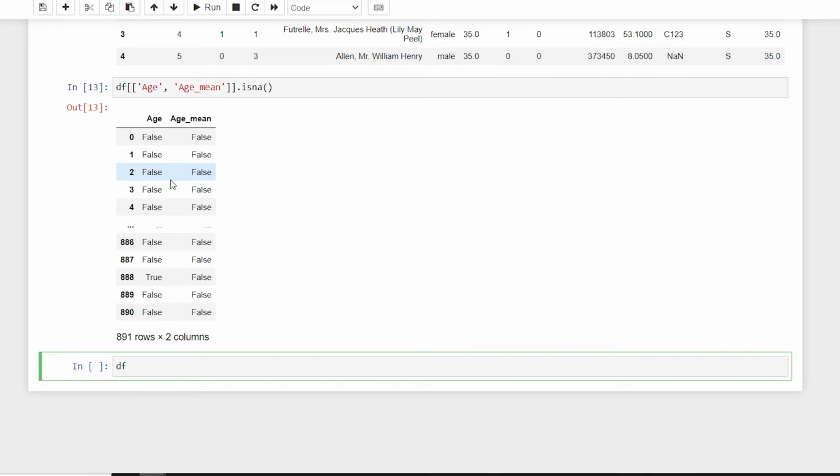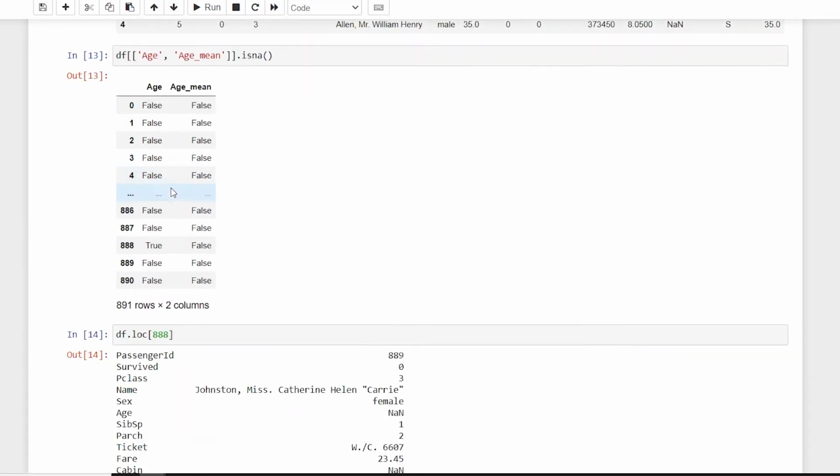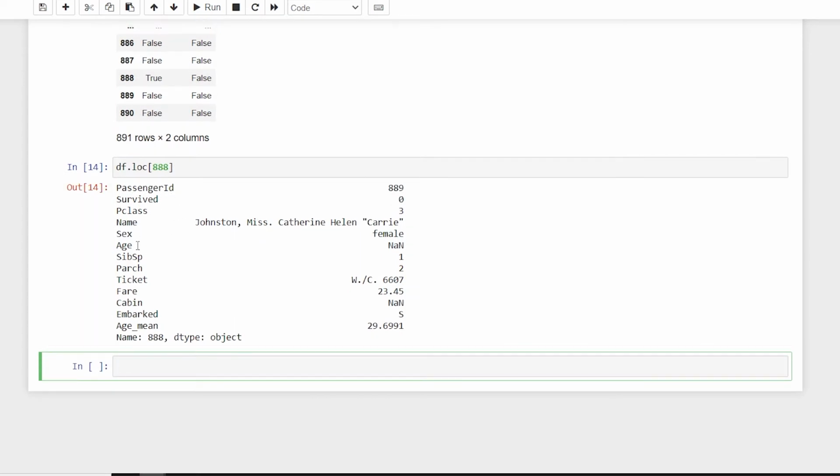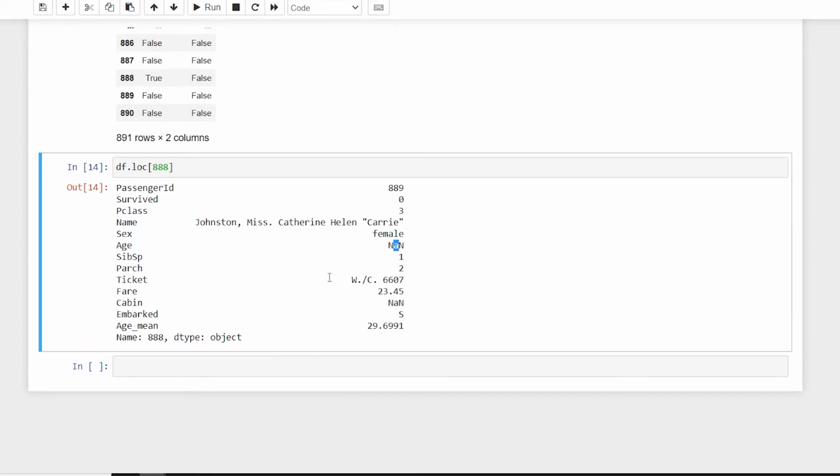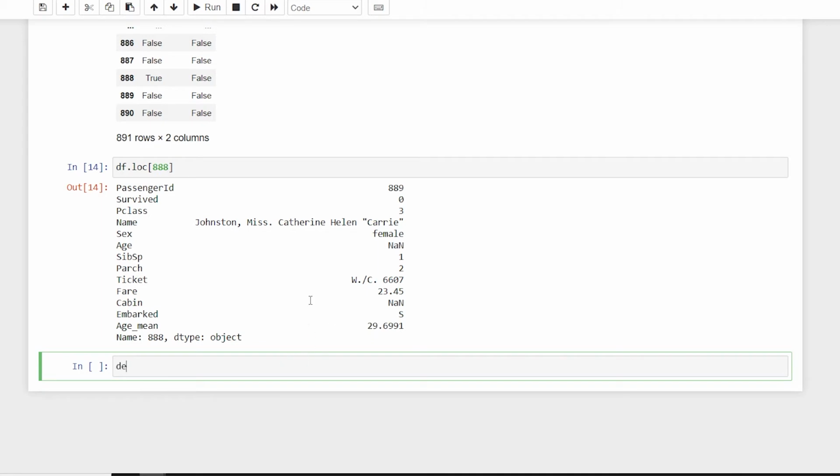So I can say df.loc[888], and we have it. The age is NaN, and it has been replaced by the age mean, which is 29.6991.